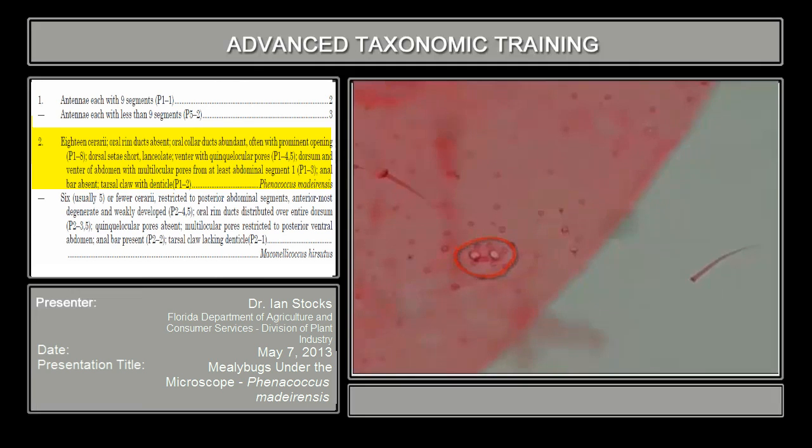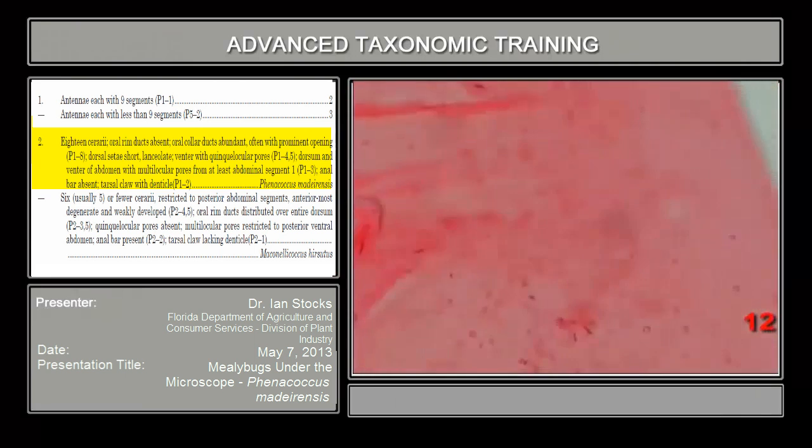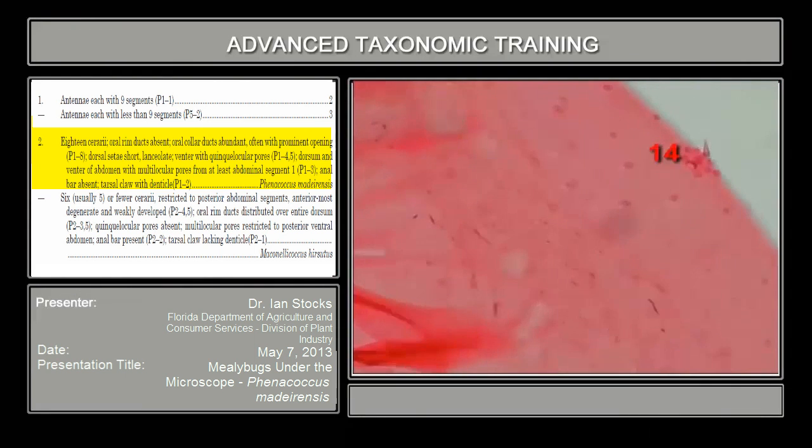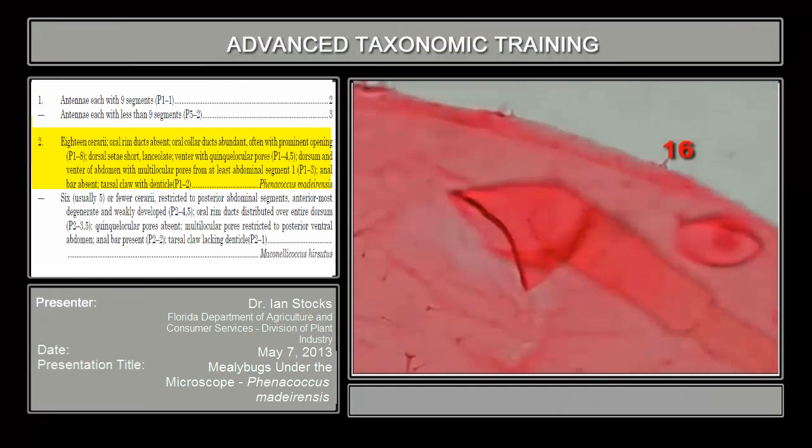One of the most important characters is going to be the conical seta there, paired in this case, and if they're broken off, they're going to leave a large, clear, round hole. So I've counted 4 there, 5, 6, 7, 8, 9, 10, 11, 12, 13, 14, 15, 16. In my slide, 16 is just above the eye here,